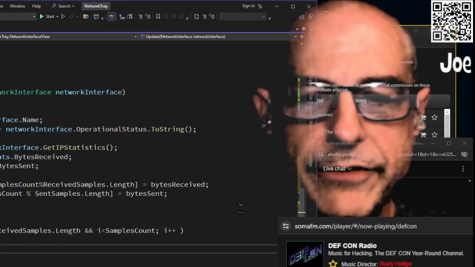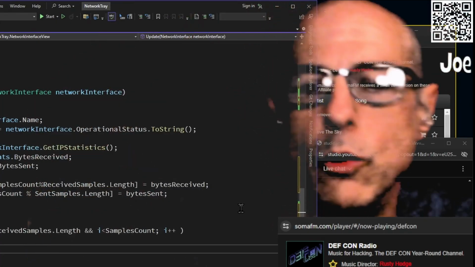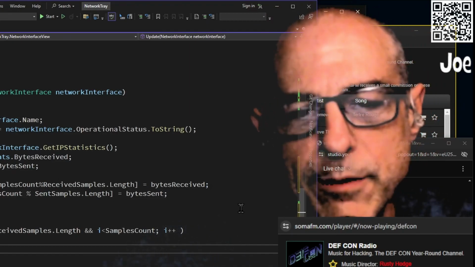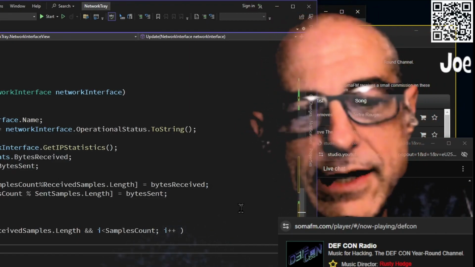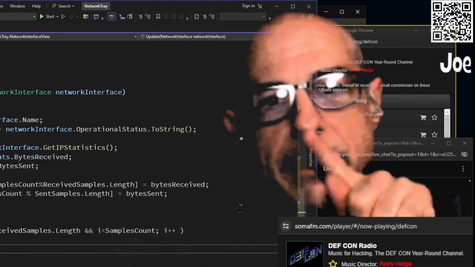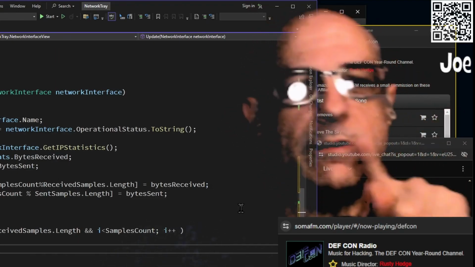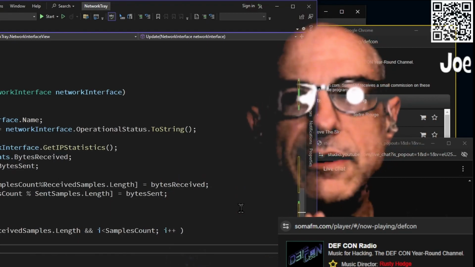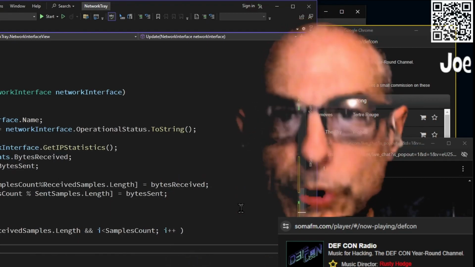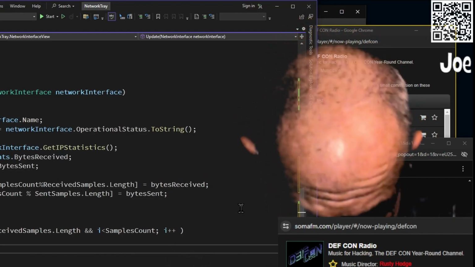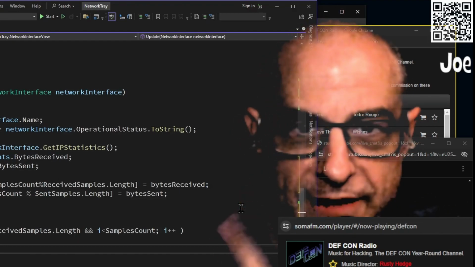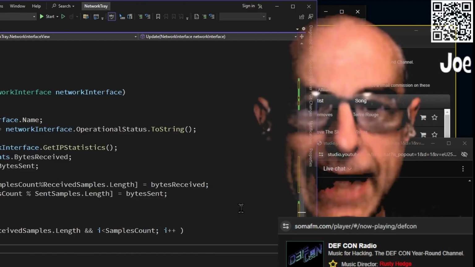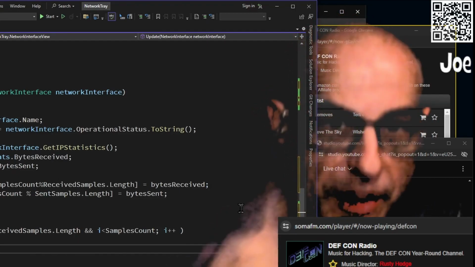Okay. If the number of samples is less than the total length, then it's no big deal. This is not a problem. If the number of samples is greater than the length of the buffer, then it comes around. The numbers that are there are not the delta numbers. Maybe I just put delta numbers in. That's easier to do. If I'm going to subtract the second number from the first number to find out how many were sent, what the change was, because the numbers only go up,